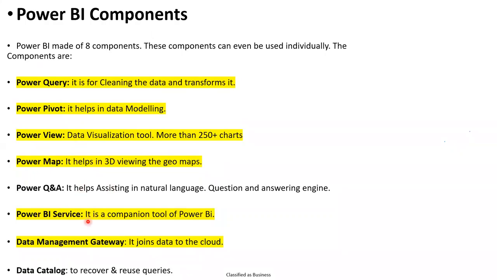for the final front-end users. If the data source is different, at that time we use gateways to join the data with the cloud. For that, we use a data management gateway. It joins the data and gives us connectivity. Suppose there are refreshes, we do data management with the help of data management gateways. We will schedule the reports.